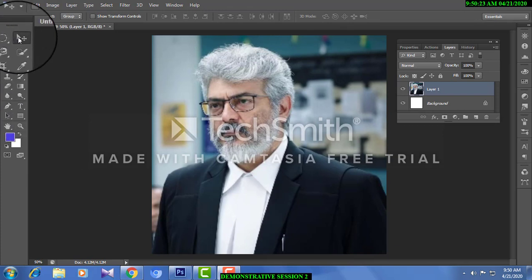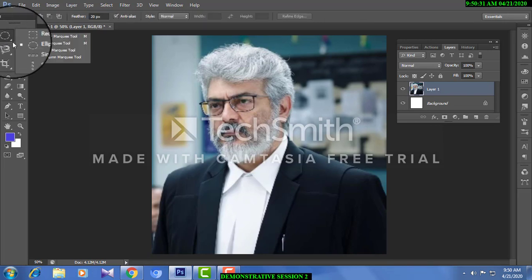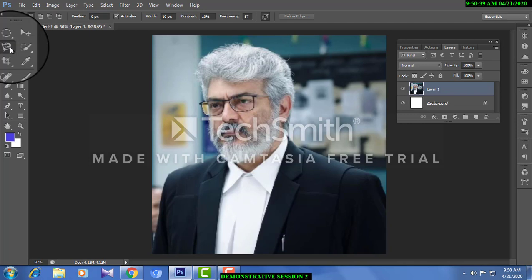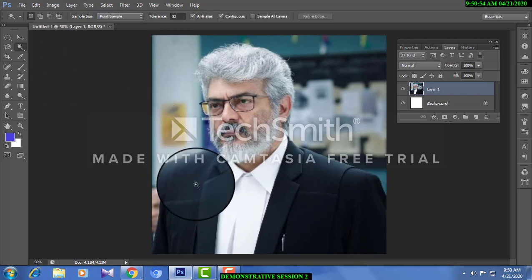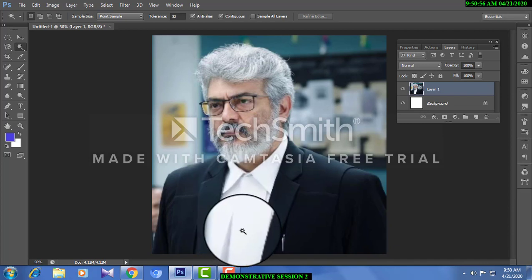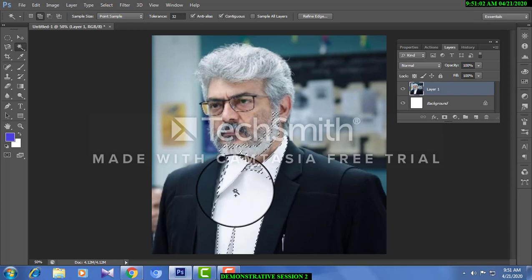My dear friends, this is the move tool, and I have told you that with it we move our layers. Every tool has some sub tools. When you click here at the corner, you see the sub tools coming. This is the marquee tool and this is the lasso tool, which we have seen, and this is the Magic Wand tool and Quick Selection tool. In Photoshop 7, only the Magic Wand tool is available. What do you mean by Magic Wand tool? This tool helps you to choose similar color. For example, white color is here. If I want to choose white color alone, it helps me to choose it. See, look at here, similar color.